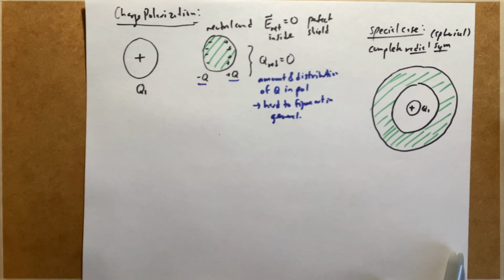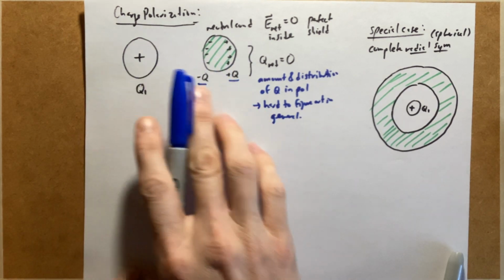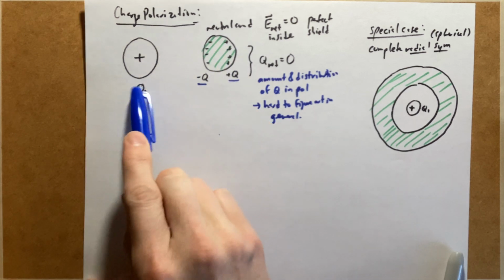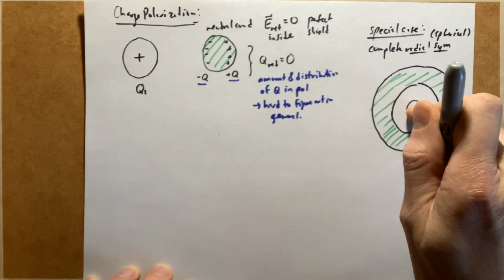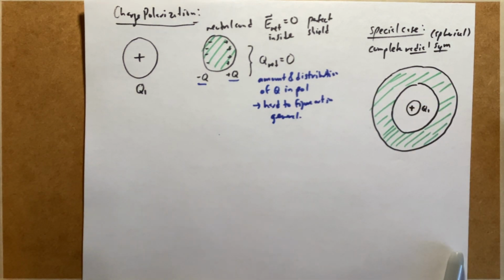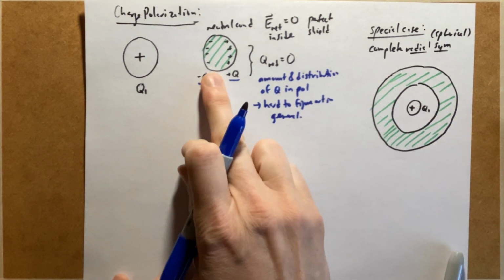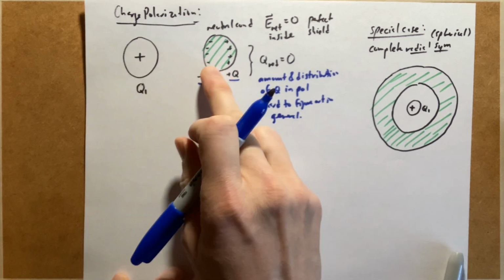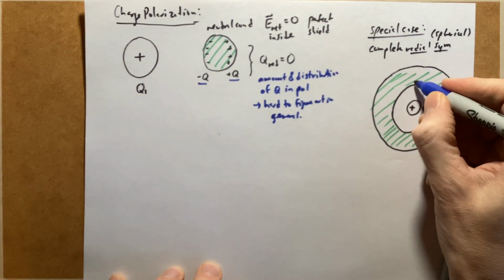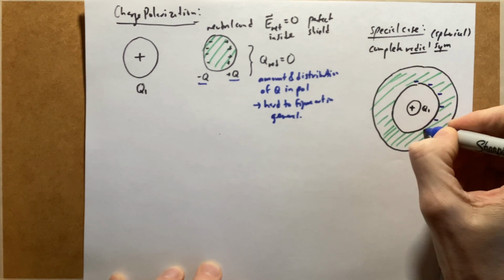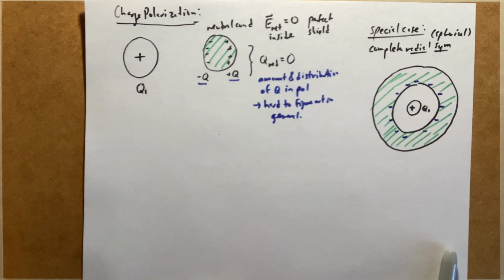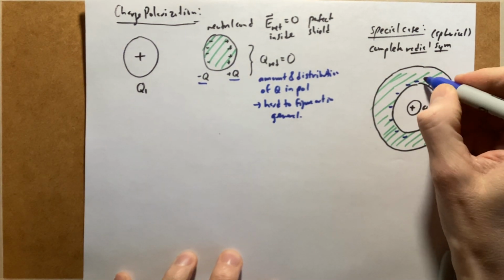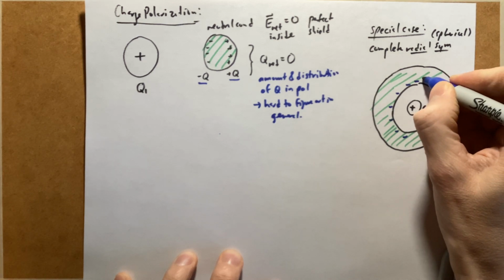So here's what we're going to do. Let's work out the charge polarization. Now, instead of a left to right polarization caused by a charge on the left, this is actually going to be an inside-outside polarization caused by the charge on the inside. So what's going to happen here? This is going to charge polarize, and instead of the negatives being attracted to the left side, now those negatives are going to be attracted to the inside. Okay, so that right there, I drew them in blue,